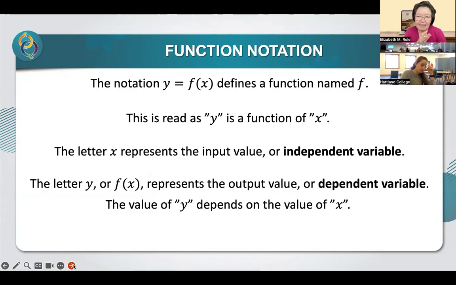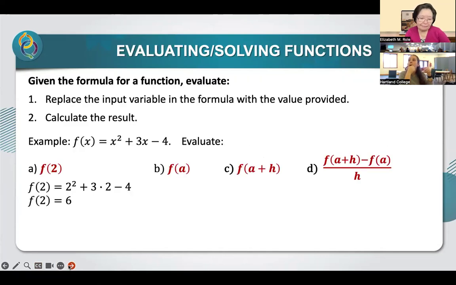And in this case, our x is the independent variable and our y is the dependent variable. So the value of y depends on the value of x. Previously, in our discussion on algebraic expressions, we evaluated algebraic expressions when setting x to a certain value. So it's actually the same as evaluating or solving functions, where we say that